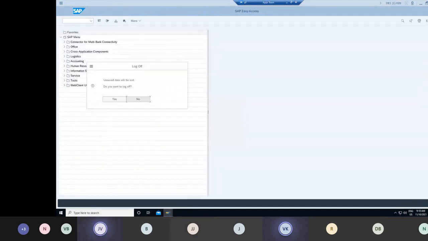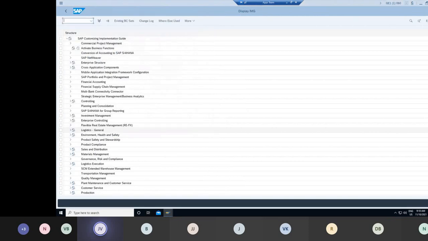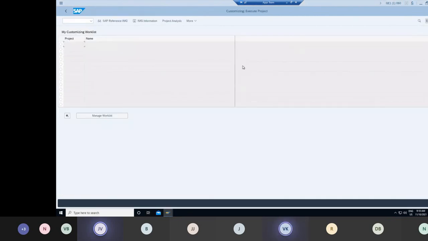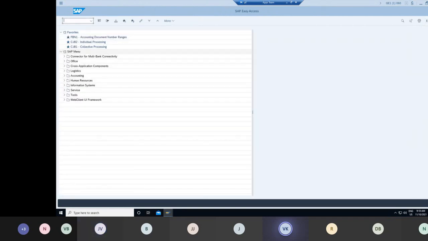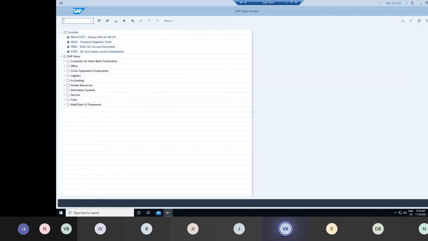And in case of any new upgrades or releases happening, I mean, new features getting released, the yearly releases. In that case, again, it's a technical thing which is taken care of by basis or the technical team. As a functional consultant, we are always involved in testing, but we are nowhere responsible for those upgrades. Upgrades are done by the basis team. They will do the upgrades and ask us to do the testing to check the functionality. That's it.